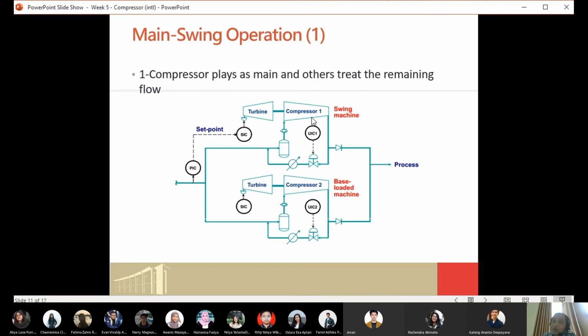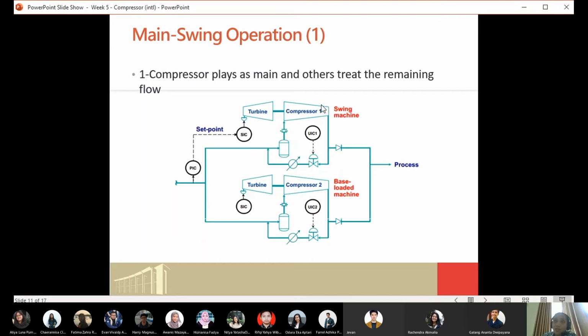When will we use this kind of configuration? It is usually used when you have two different compressors, and one compressor is quite new compared to the other. For example, you just bought compressor number 2, and compressor number 1 is the old one.